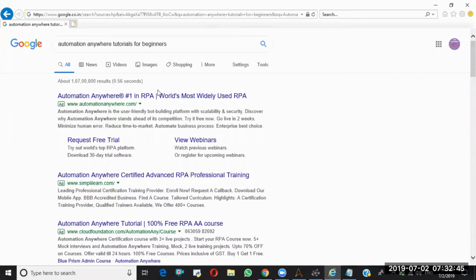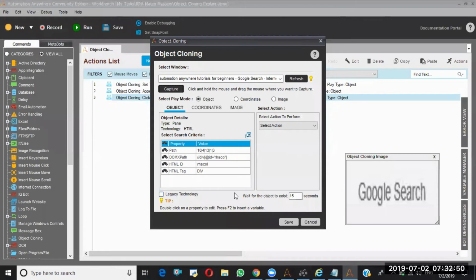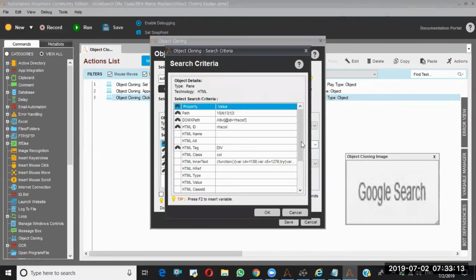Okay. Now what is my requirement? I need to click on this. So not click on this. I need to print this value in the message box. So I am going to say get property, and I am selecting inner text. See, if you expand this one, inner text is not showing for you. Okay, in this scenario it is not working.